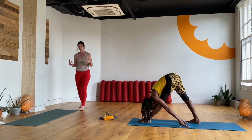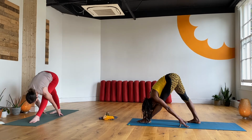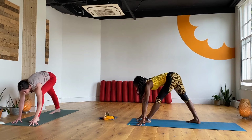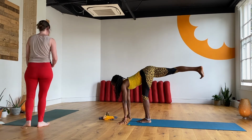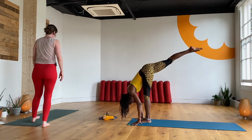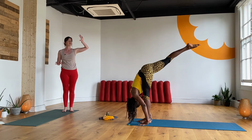Feeling the support of the bones. Good. On your next in-breath, lifting the head, fingertips are going to come forwards. We're going to transfer the weight onto the left leg for your standing splits, floating that right leg up as high as you can. Maybe the fingertips walk back towards the foot, extending up, pushing through the ball of the